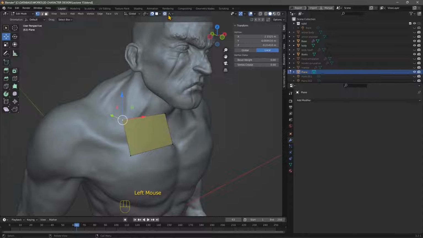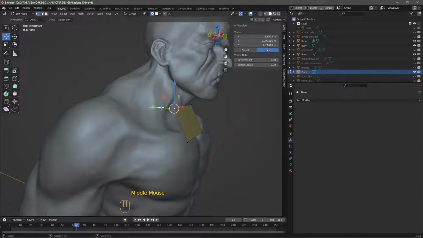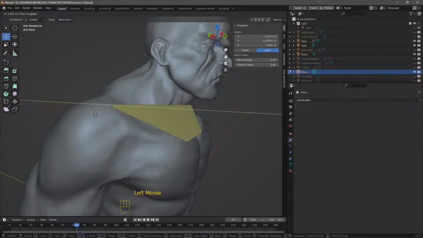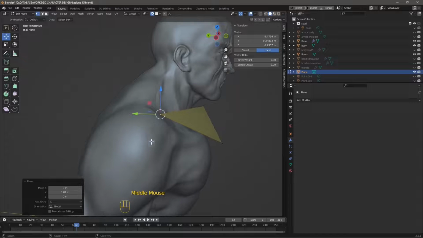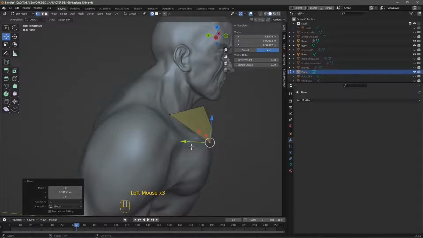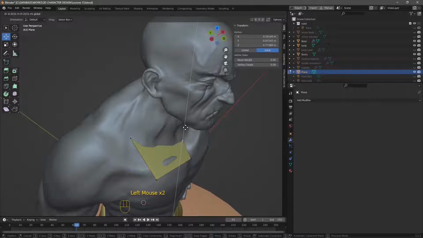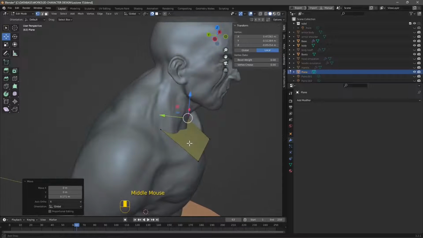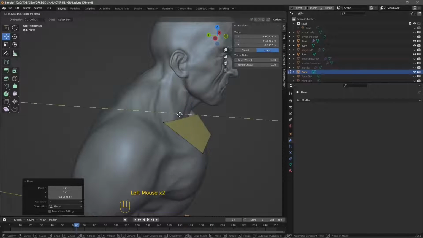And if you want to do something more proportional, you can use proportional or soft selection right there, and you can change that. But at the moment, since we are working with low poly structures, we don't need that. We need just the simple selection, move, rotate, and scale. So what I'm going to do here is move, and this is going to eventually snap to the body below,